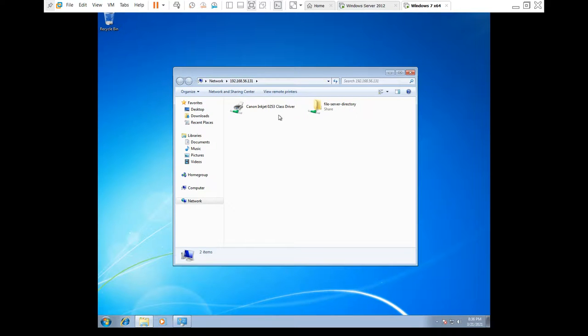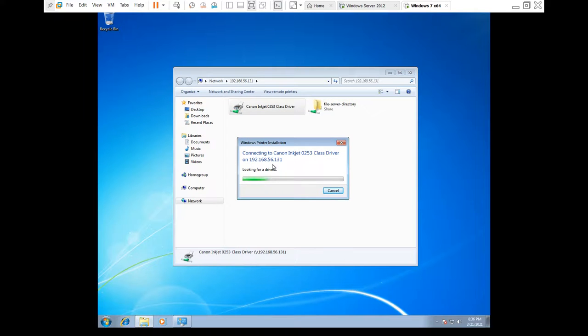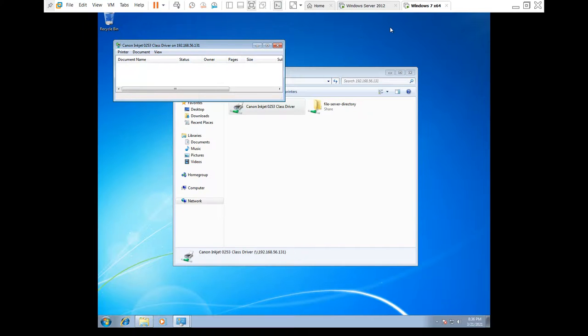Okay, and we are getting this Canon Inkjet 0253 driver. Once I double click on this, it will look for the driver, which will be fetched from the server and installed on this machine. It will take some time for the installation. Okay, and we got this printer queue.